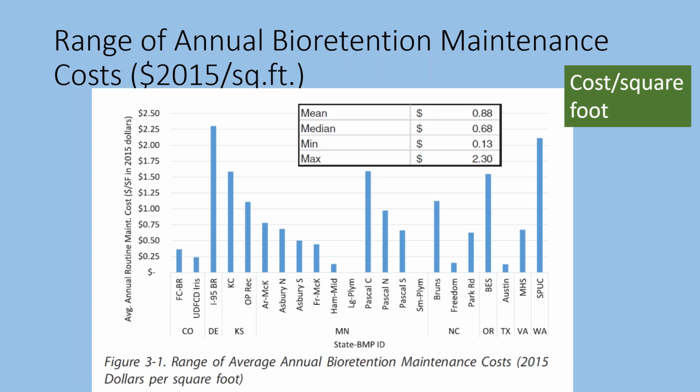And this graph here shows an example of some of the ways that we looked at cost, where we normalized the cost of bioretention to the square foot surface area of the facility, and we're able to plot some ranges of costs that we saw around the country. You can see there's quite a bit of variability, and also we came down to some median and mean cost estimates, such as 70 to 90 cents per square foot. So that's the kind of information we were able to glean from our survey research.